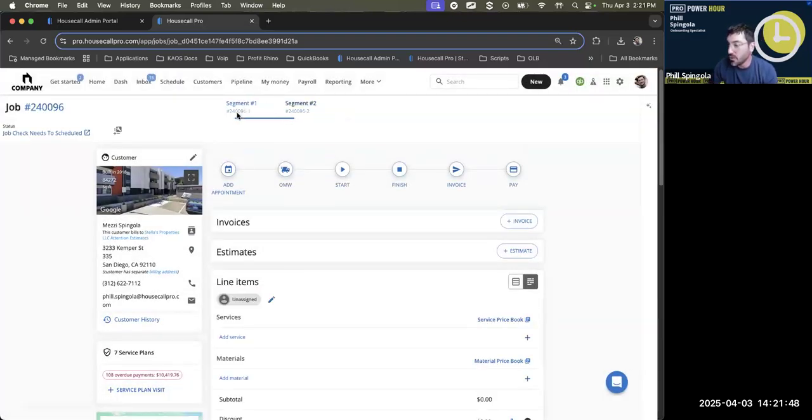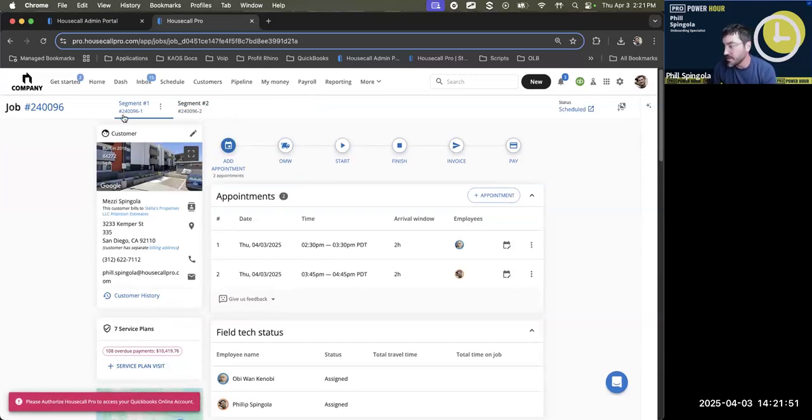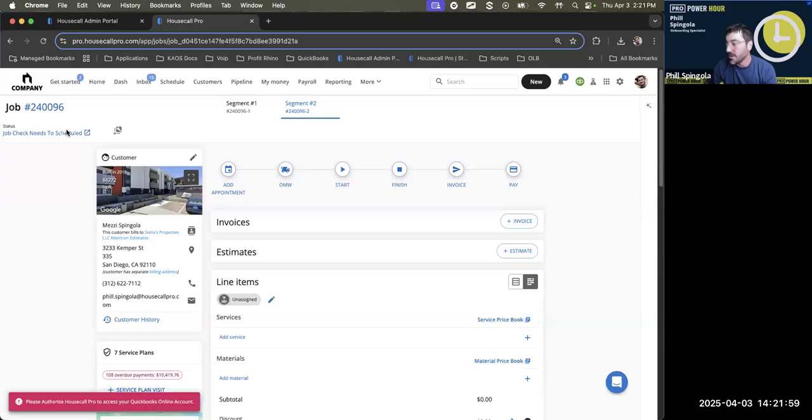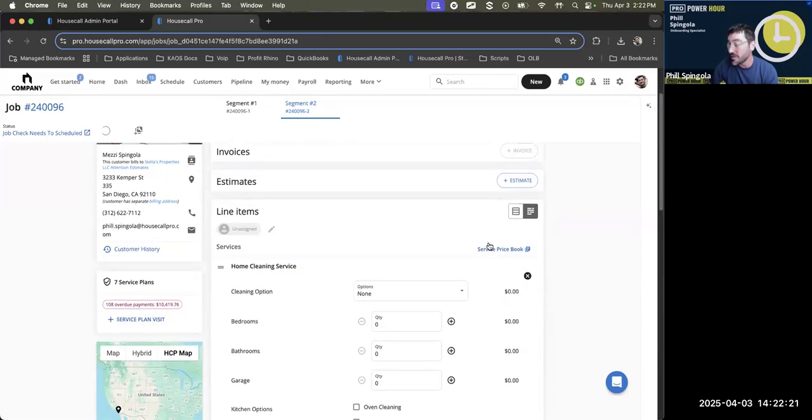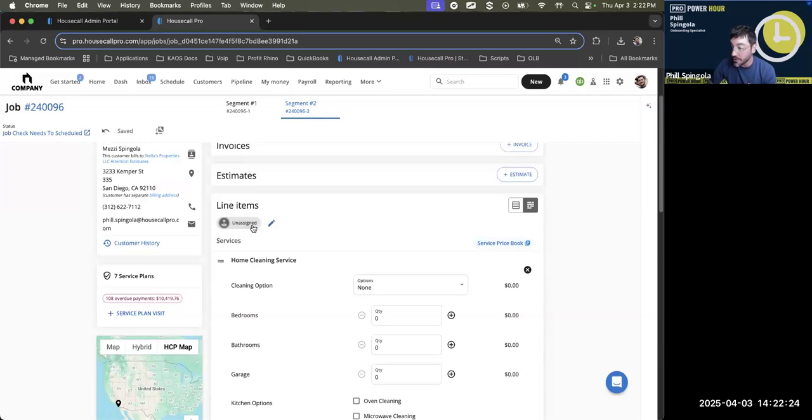Now when we're looking at my screen, it's saying that this is invoice number 24096-1, and then 24096-2. That's just how the system does it, so that we know that these are technically the same invoice number, but they are two segments of that invoice. Really, that's all there is to the segments. But I am sure a lot of you are asking, what is that going to look like when I look at an invoice?